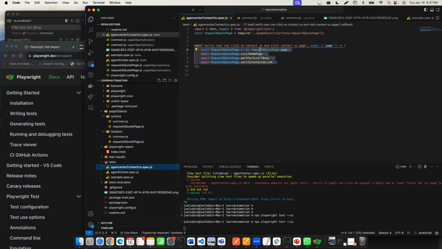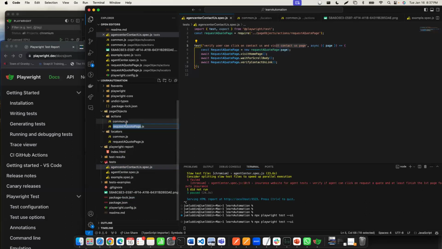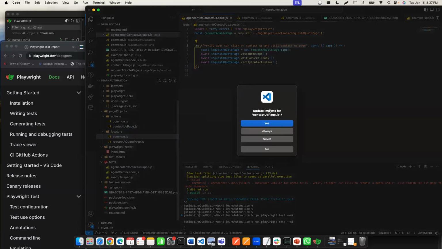So contact us actually should be belonging to contact us page. So I will change this to contact us, so that way we can actually do the other ones, because this is truly just for contact us page, right? So I'm gonna change the name just to make sure we don't have confusions. So I'm gonna say contact us page for the action, and you see where it says update import, so whenever you get this kind of